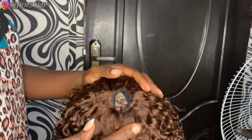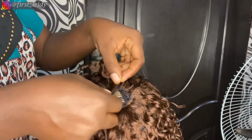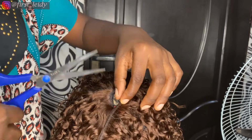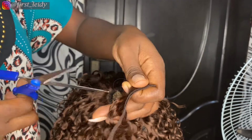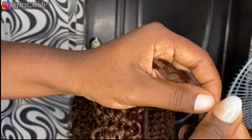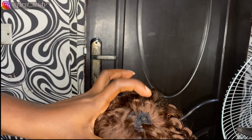Now that I can no longer make perfect circles, I'm just going to cut little stretches of hair and sew them along straight way, just the way you're seeing. No curves made, I'm just going to sew them diagonally up and try to close up the space to the barest minimum. Now I've sewn up to the barest minimum, and then this is a